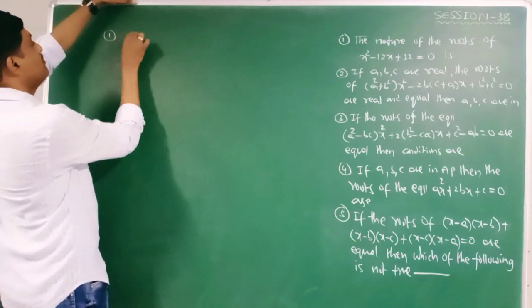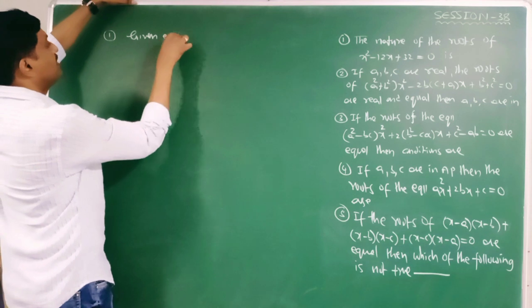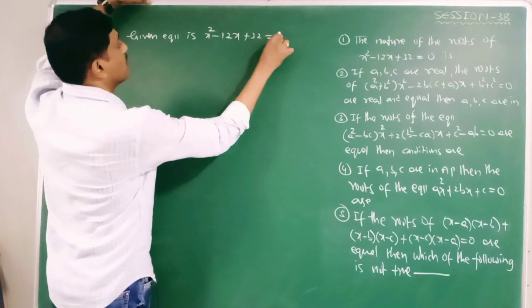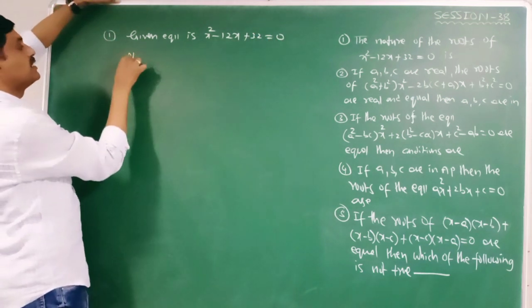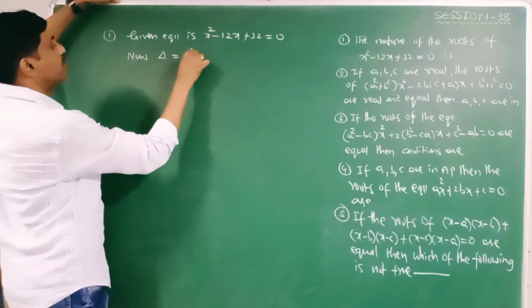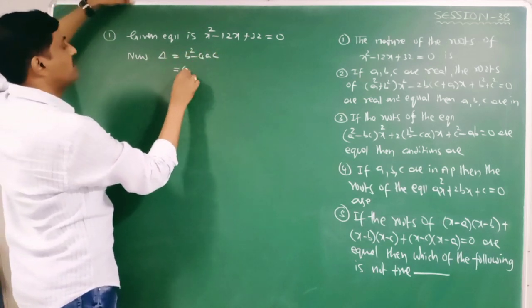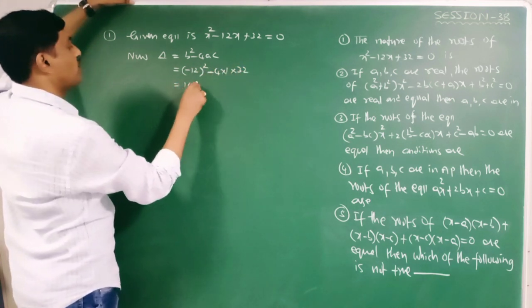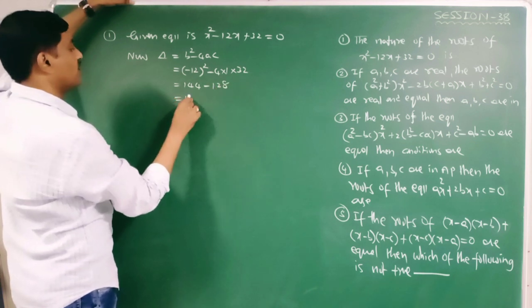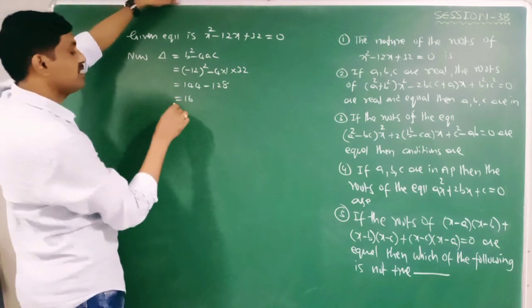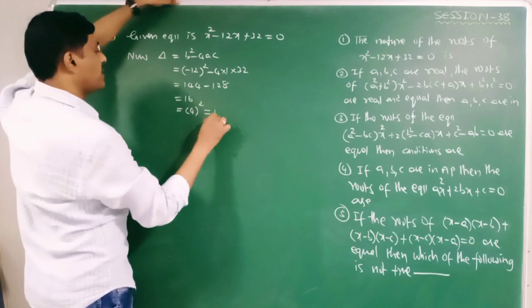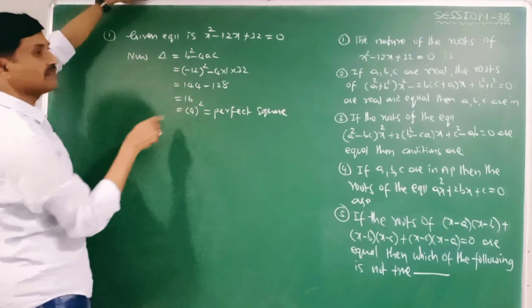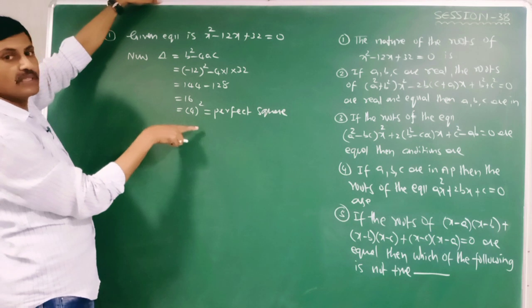What is the given equation? The given equation is x square minus 12x plus 32 is equal to 0. Now find delta. Delta is nothing but b square minus 4ac. What is b here? Minus 12 whole square minus 4, a is 1, c is 32. This is 144 minus 128. You are getting 16. As you know very well, 16 is a perfect square, 4 square. When delta is a perfect square and delta is positive,